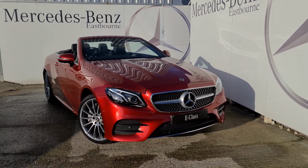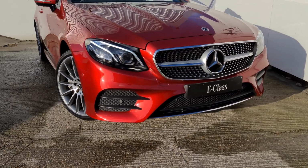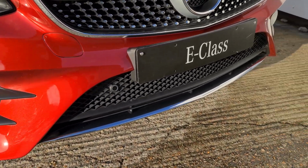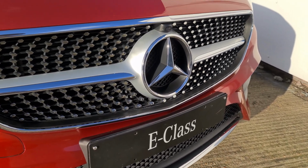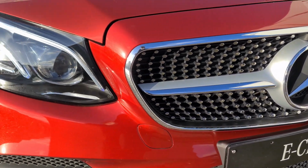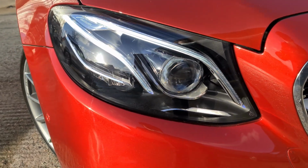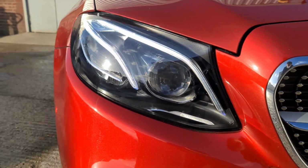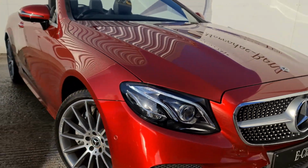Now, as you can see, this is the Cabriolet looking absolutely lovely, but first of all, the AMG line styling gives you the more aggressive front bumper and the lovely chrome pins in the front grille. This one also has the multi-beam LEDs, which are our most intelligent LEDs available on the E-Class, and they can do everything that you really need them to do, including blanking out certain portions of the light to not dazzle